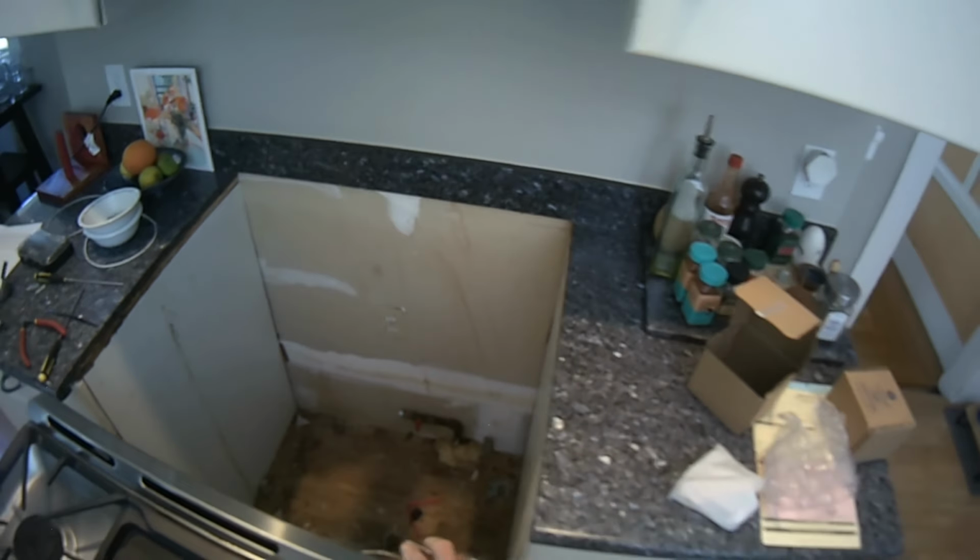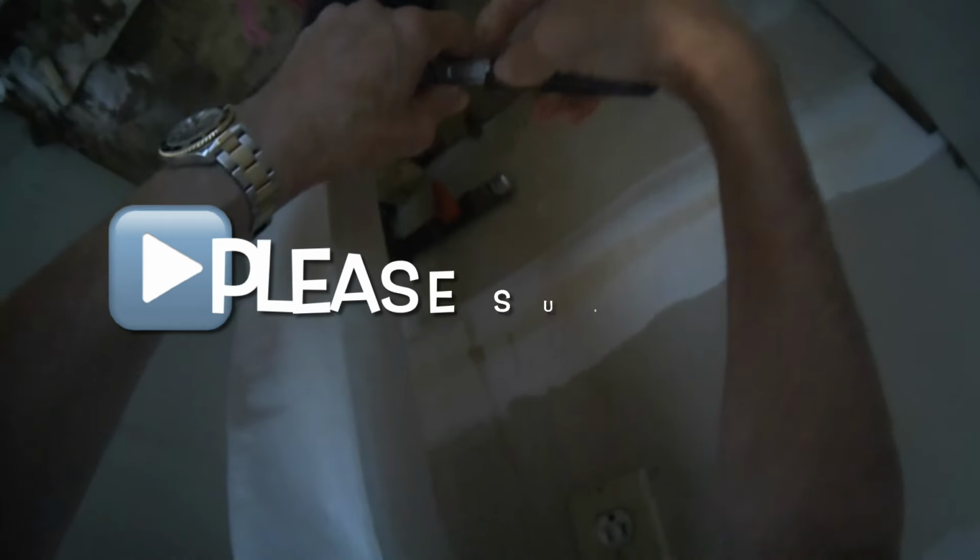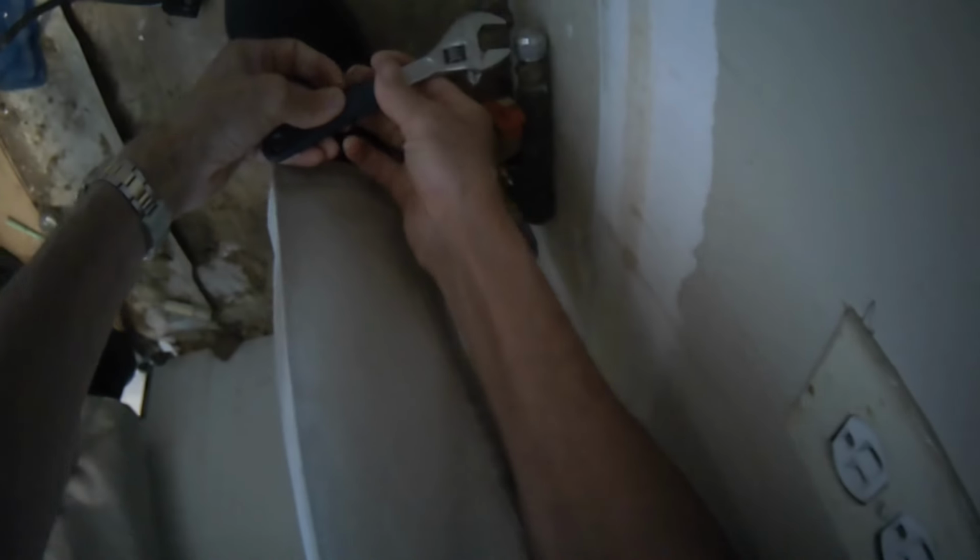So once you've got it out, in this case there's a little cap that I have to remove that PG&E put on the end of the compression fitting. So I'm going to use a crescent wrench to spin that off,